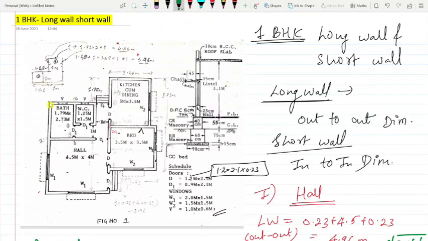So now see, this much is completely straight. There's a joint here also.